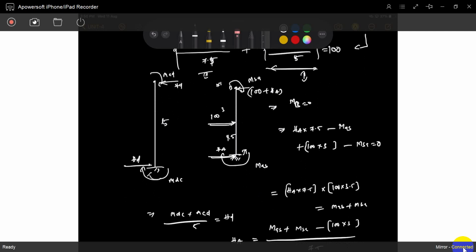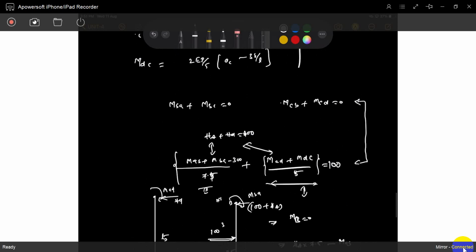So that's no problem. The problem will arise like this only. If you see, HA will get this direction, HD will get like this. So HA plus HD plus 100 is equal to 0 because we took both in the same direction. Also, this is equal to 100 plus 100. Those are the mistakes that happen. I made so many mistakes like this previously, and that's why I am again making the same mistakes.